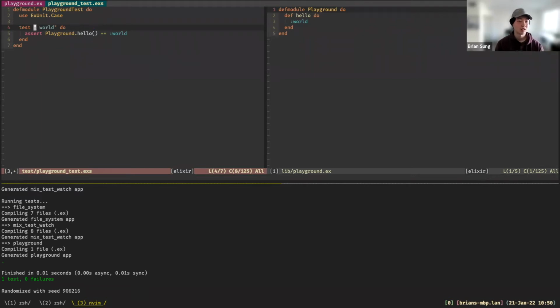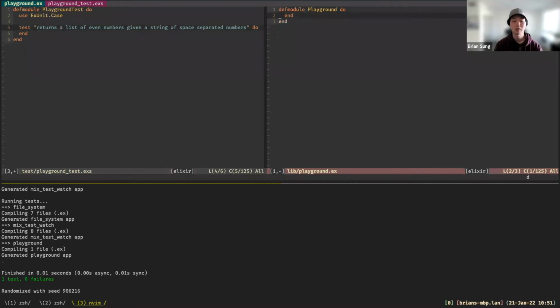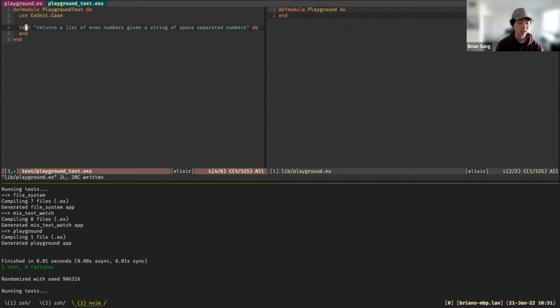So I'm just going to write: returns a list of even numbers given a string of space separated numbers. It's going to fail, obviously.